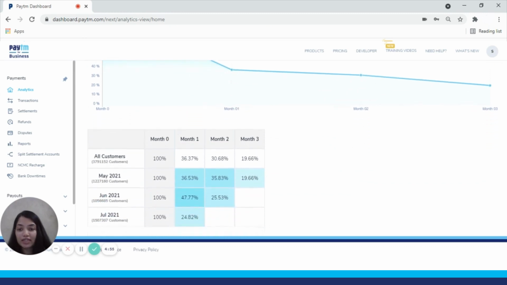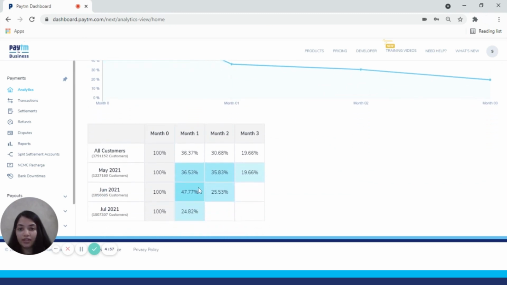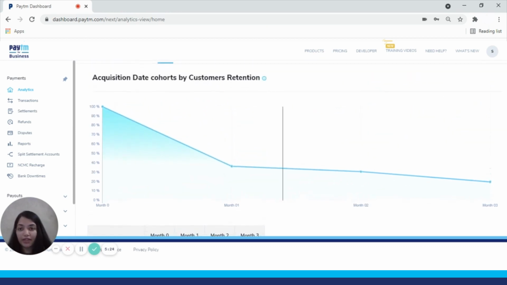Here, if you can see in this table, 36% of the customers who were acquired in May have also been retained in June. That is month one for the second row. 35% have been retained in July, and around 19% have been retained in August, and so on. So this is a cohort level analysis that we provide.